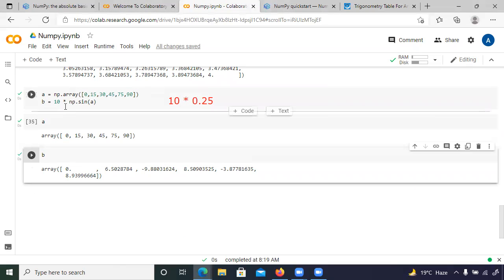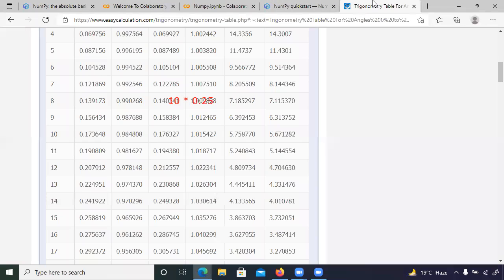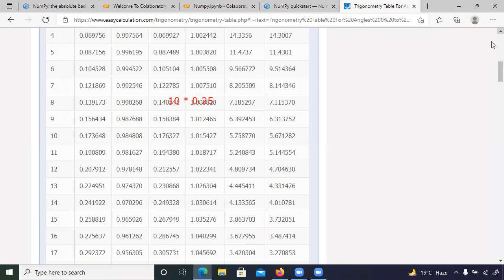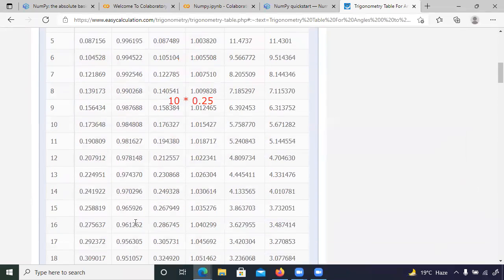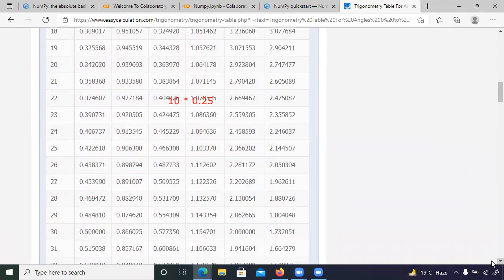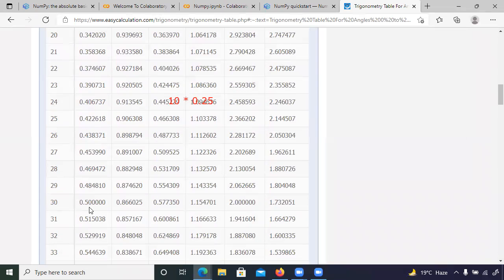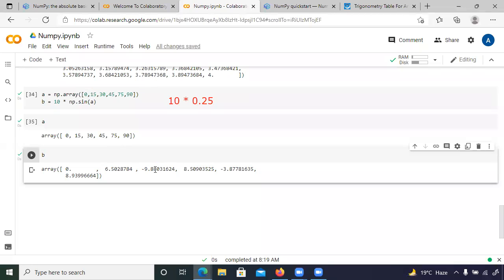Sine 0, so 10 into 0 will be 0. For 15, okay, just let me check. For the angle 15, sine is 0.25, and for 30 how much is it? For 30, it is 0.5. So if I take 0.5, 10 into it, how is it? One minute, let me check it here.